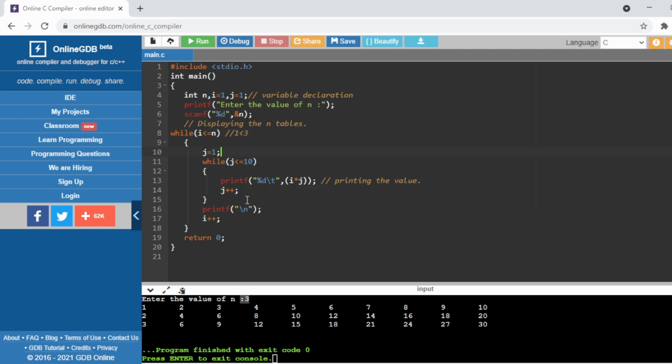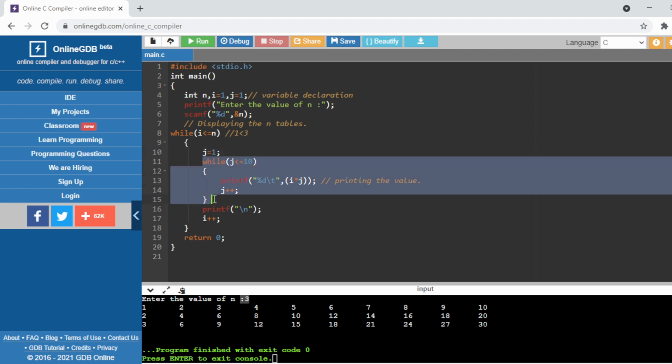The starting value of j equals 1. How many times will it run? Obviously this is the inner loop, so it will run 10 times, right? So that's why this output is there. I already discussed that just before, right?